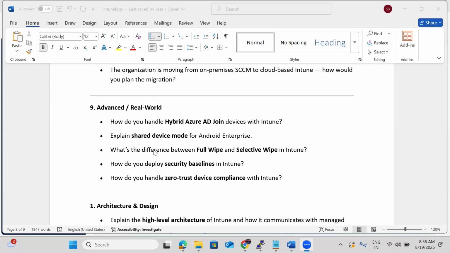Then whether synchronization has been done with Azure AD or not. All these we need to check, and even check the status, whether Azure AD joined, domain joined, all these also